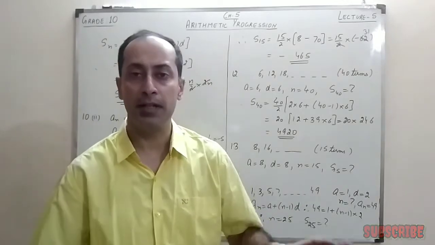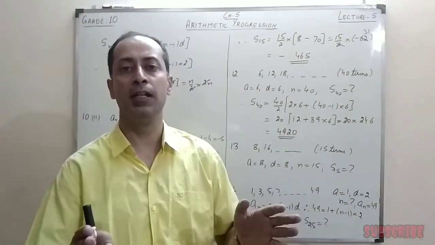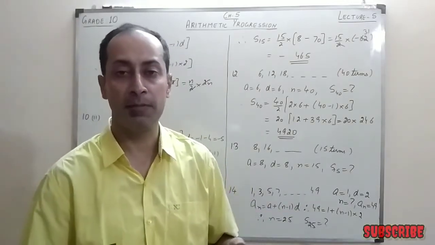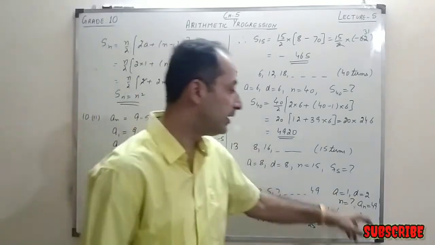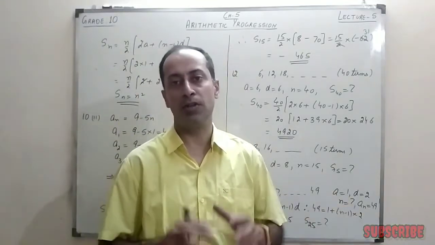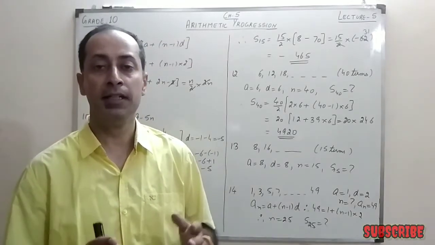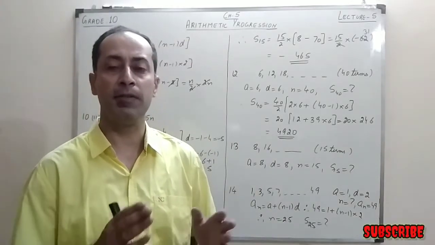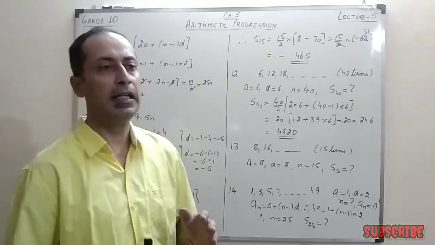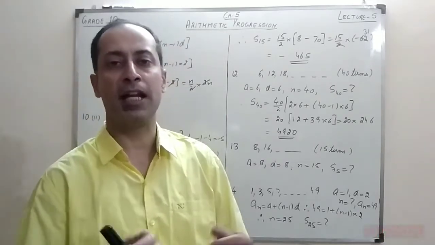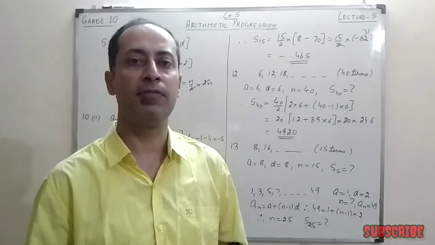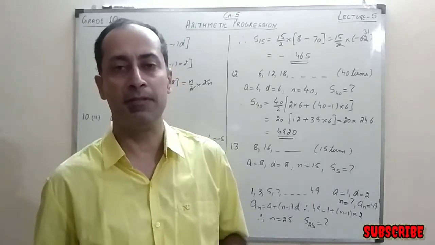I don't know how many terms there are between 0 and 50, how many odd numbers there are between 0 and 50, but I know the last term is 49. So I can use the relation of the nth term of an AP and find how many odd numbers there are between 0 and 50. See, in this question it is easy. You can just calculate on the fingers also. There are simply 25 numbers.